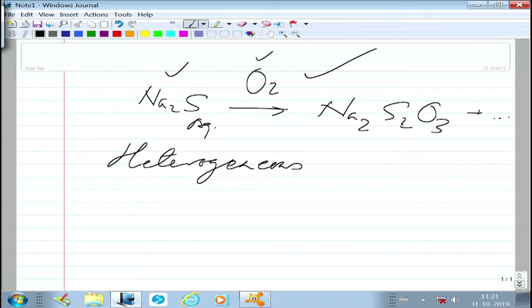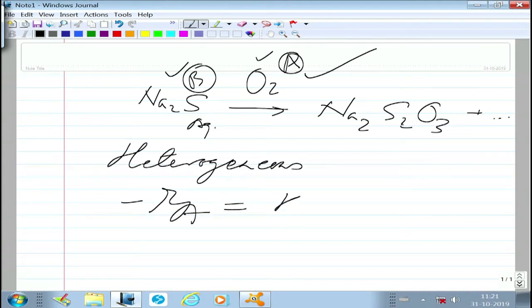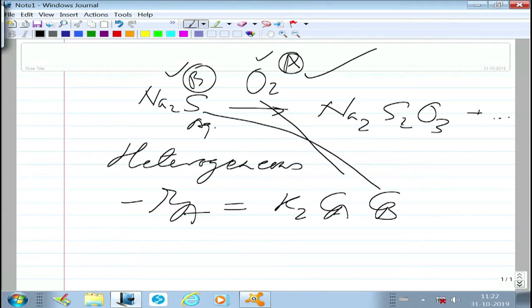As you could expect, because we have two species here, for us oxygen will be A and sodium sulfide as B. The reaction between oxygen and sodium sulfide actually happens to be second order. Okay. So, one might say roughly that minus Ra is say K2 Ca Cb, where Ca and Cb are the concentrations of dissolved oxygen and dissolved sodium sulfide in the aqueous solution. This rate constant was known.